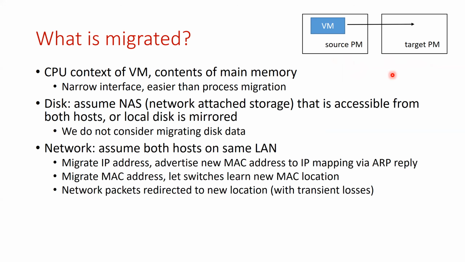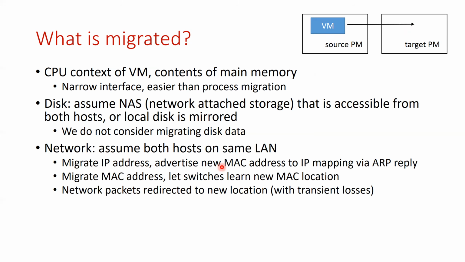So what about the network? This VM might have a virtual Ethernet device, say, that is receiving packets here. When it moves to a new location, what happens? These papers again don't discuss it in a lot of detail, but there are many simple techniques in which the network interface can be migrated. For example, you can migrate the IP address. Whatever IP address you've given this virtual host, you can migrate that IP address here. This is the same as just unplugging a machine and plugging it in a different network location with the same IP address. So when this happens, what happens?